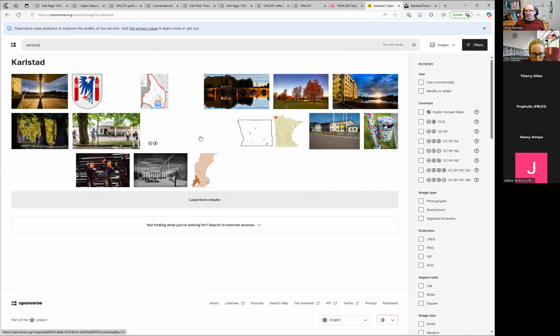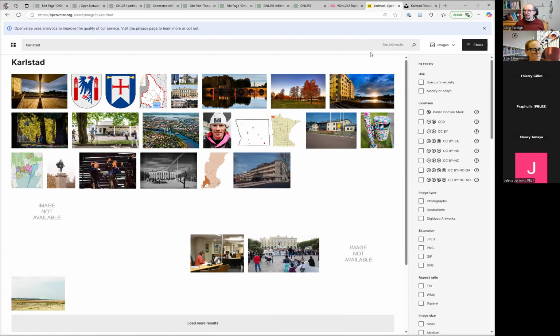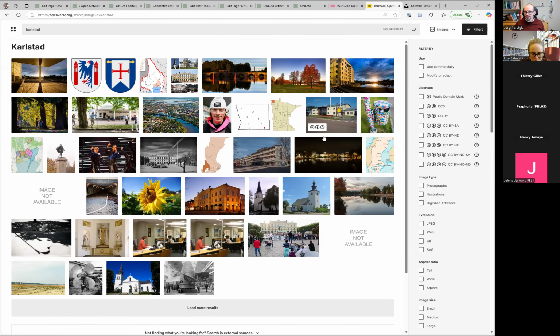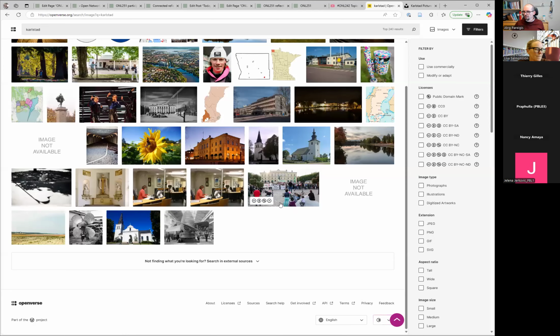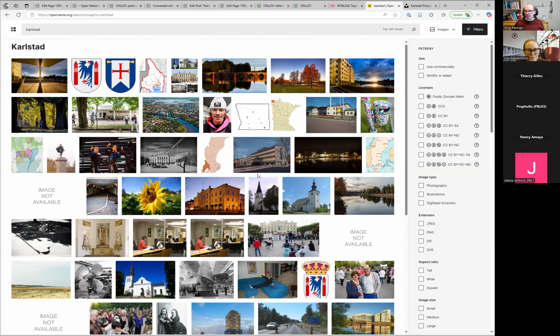Here you can find not only 900, but it shows the top 240 results, but here are thousands of pictures, and they're used to show that this is thousands of pictures. See, if you don't do this check immediately before, this is different from before. But Openverse is a great page to find Creative Commons licensed material, images, audio files, if you do want to do a course introduction video.